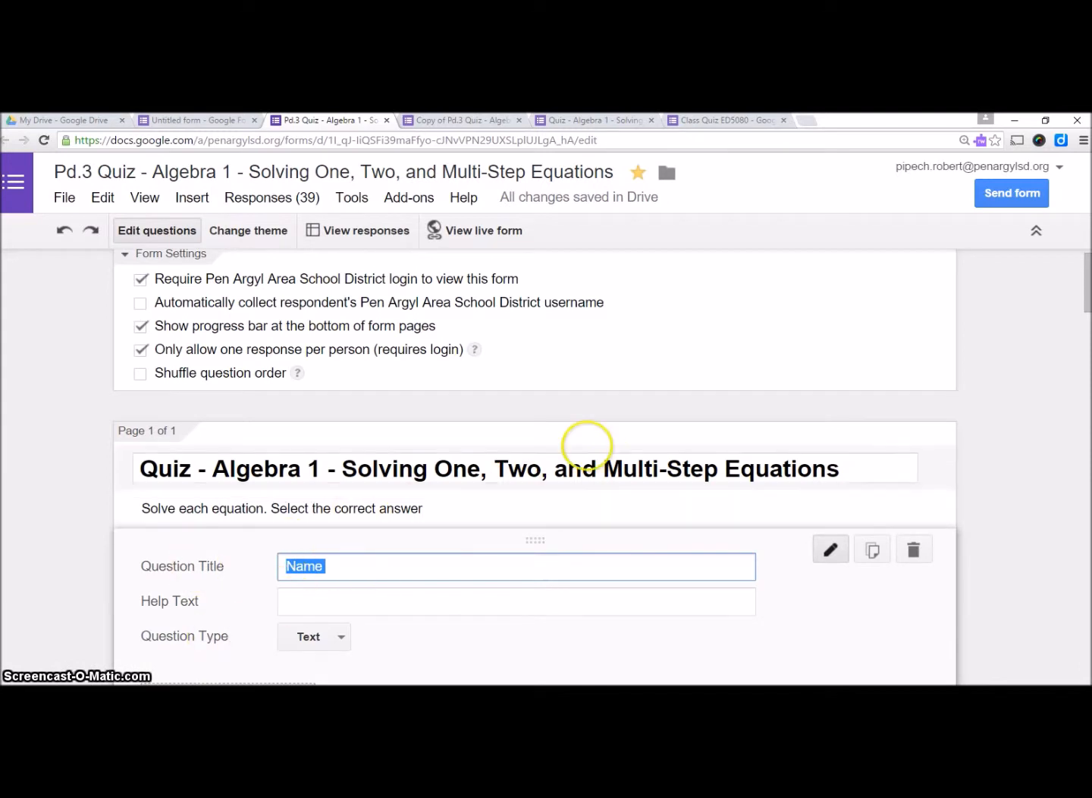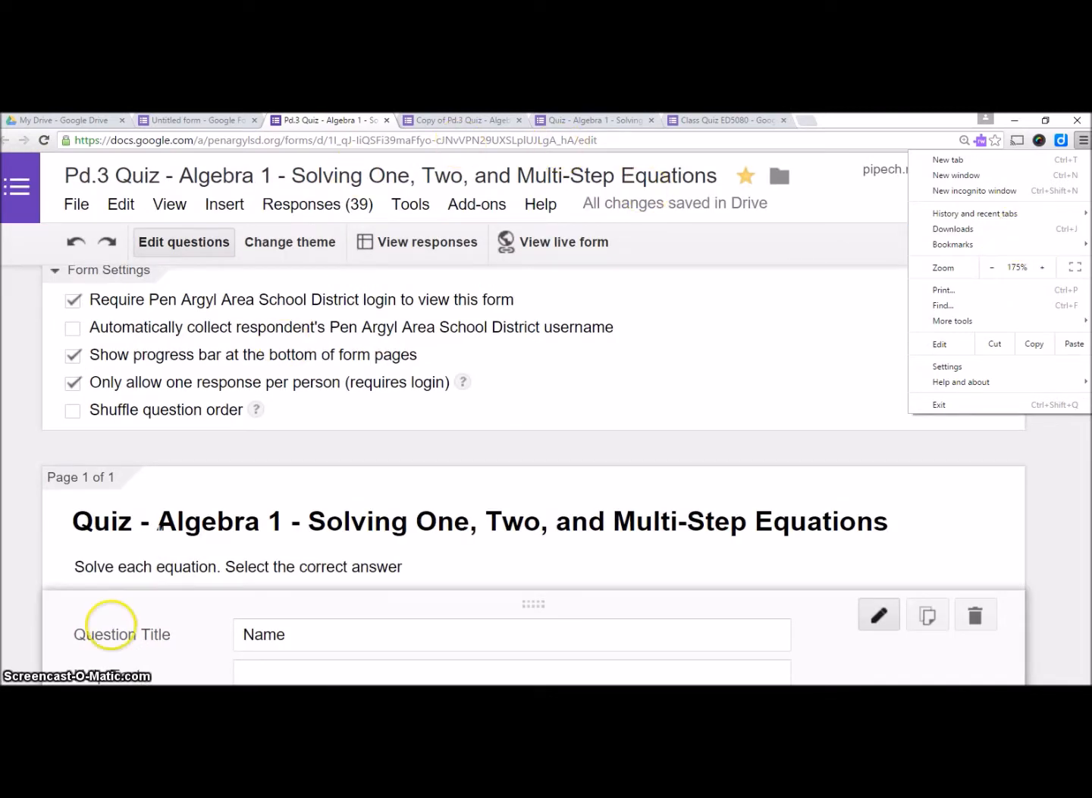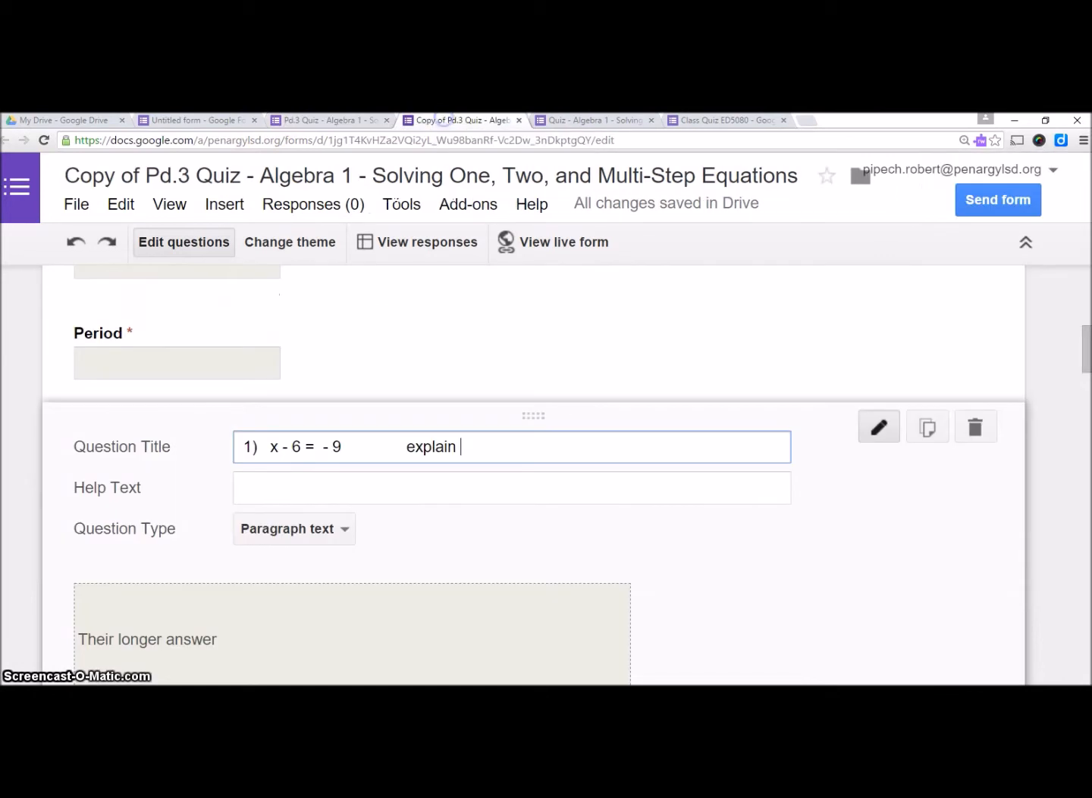So now let's discuss meeting the needs of unique learners. One of them is, I actually have it right now, that this form is zoomed in. One of the options in the Google browser is I could zoom in or out. So if I would go to viewing a live form, let's say,